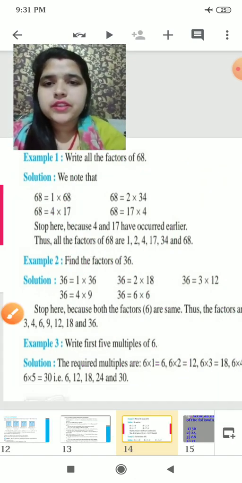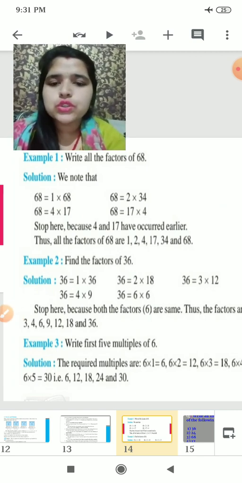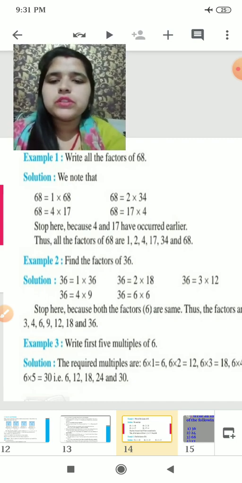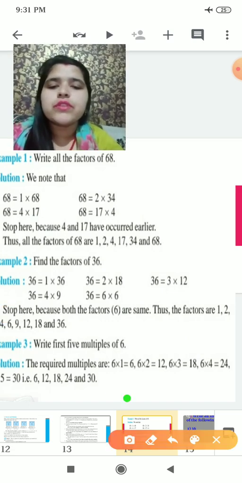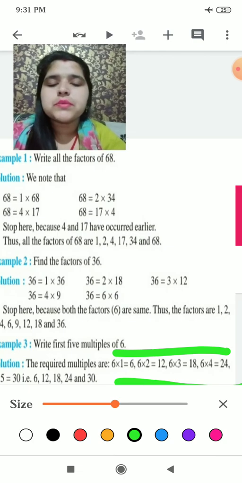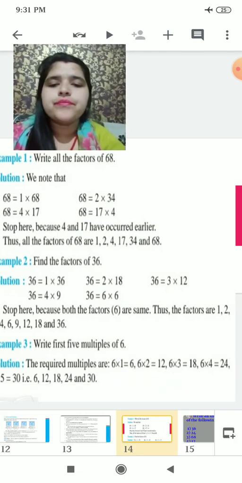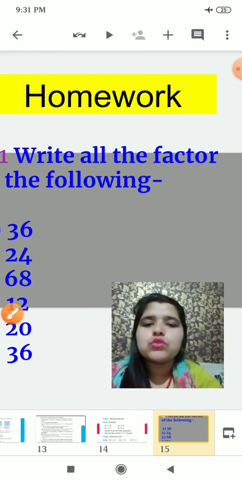Okay, so the easy way is to write the table of that number which is given as a question to you, and however many times it is asking, write down the table up to that time. This is also a very easy trick, you can see here as it is given, 6 multiply 1 is 6, 6 multiply 2 is 12 and so on. So now I hope you all have understood what you have to do.